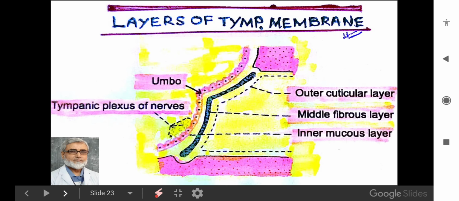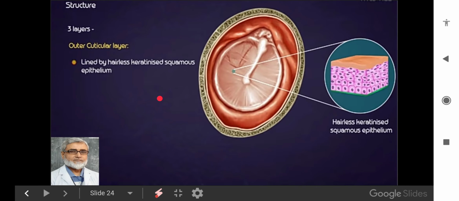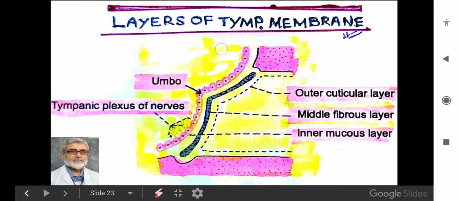Now come to the 3 layers of your tympanic membrane. See here the layers of the tympanic membrane. See here the maximum convexity. This one is the medial surface of your tympanic membrane. This one is the lateral surface of the tympanic membrane. See here the first layer, second layer, and third layer. The 3 layers are known as